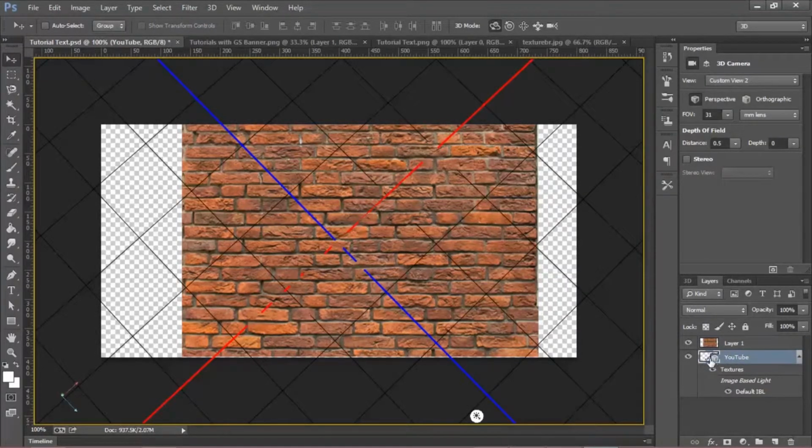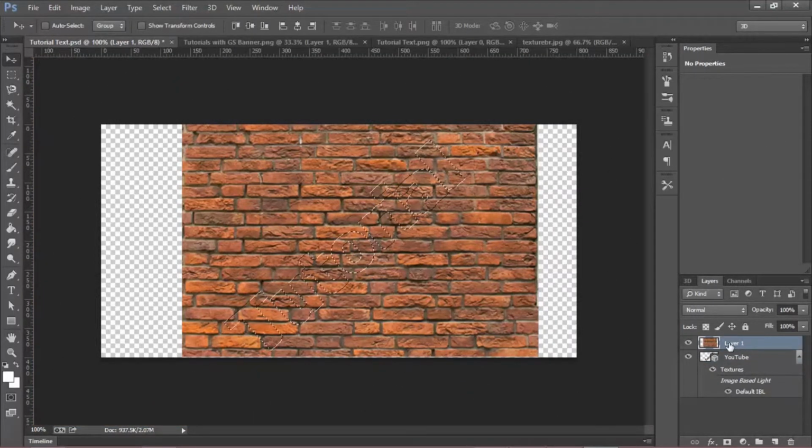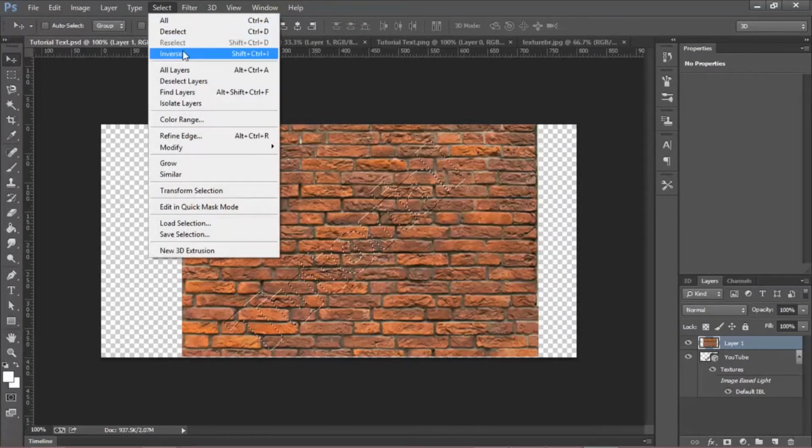Now that we got that, next thing you want to do is you want to click your text layer again, your 3D text layer. You want to hold Control and you want to click. Don't click the name, click the actual layer. And as you'll see, you get a little selection around it. Next thing you want to do is click your texture layer, and you want to click select up here, click inverse,